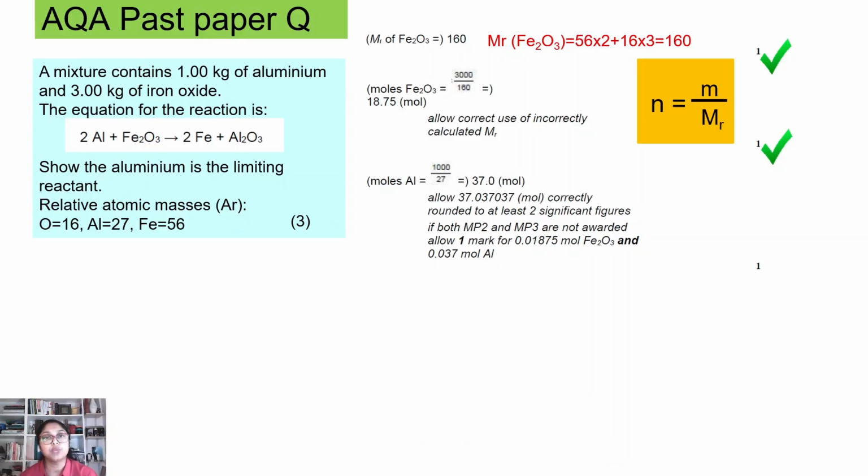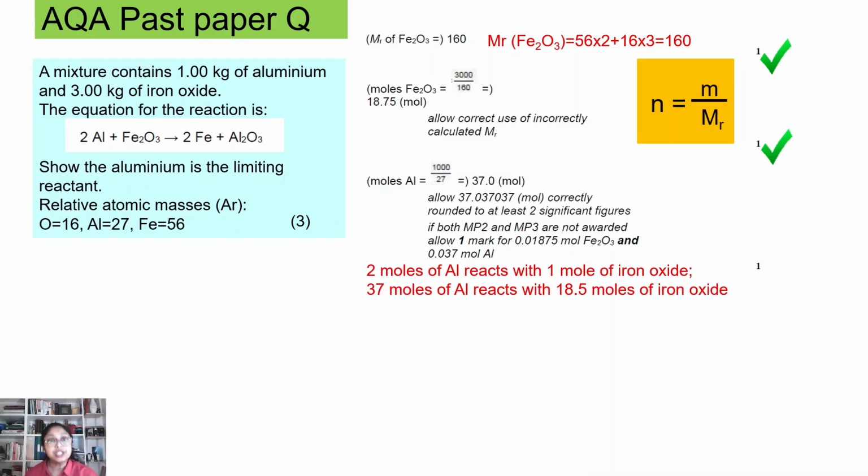This is the equation we are using. Same method for calculating moles of aluminium. 1 kilogram of aluminium is given in the reaction mixture, so converting to grams, 1000 divided by 27, the relative atomic mass of aluminium, you get 37 moles. Now, calculating both of these is 1 mark, and the third mark is to find out whether the aluminium is